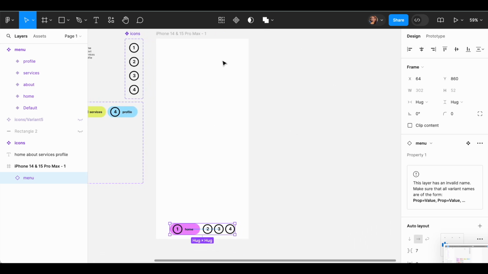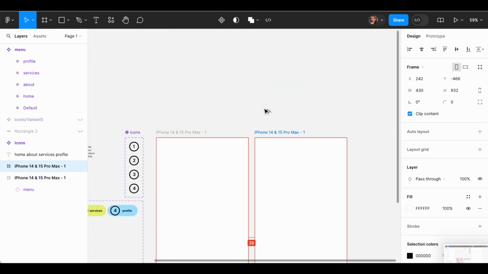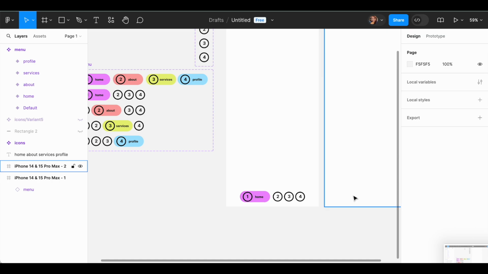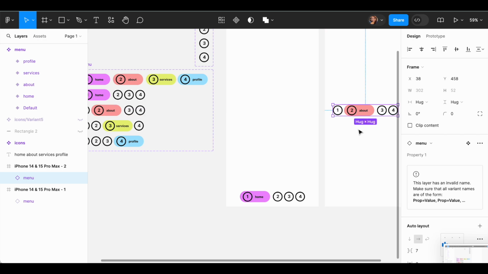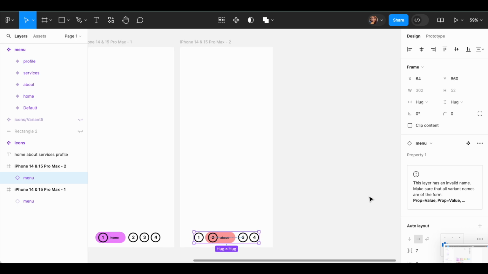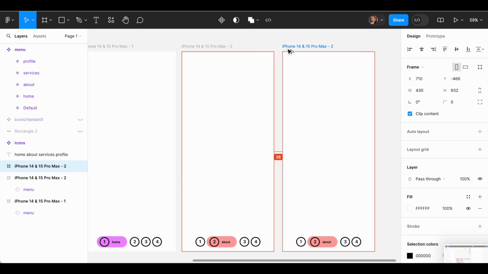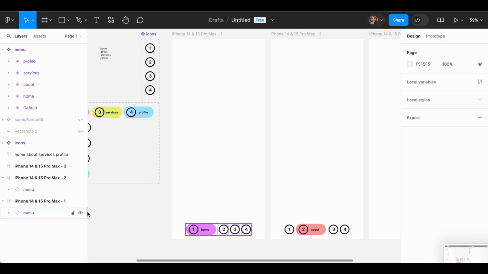And you can see in the first frame I have kept the first menu, that is home, and then I have copied the frame and placed it just next to the first frame. So now we only have to copy and paste all one by one. So the second frame will be for about, so I have placed about here. So I'm doing a little alignment here side by side, then again copy this frame and then change the menu here. The third menu is,